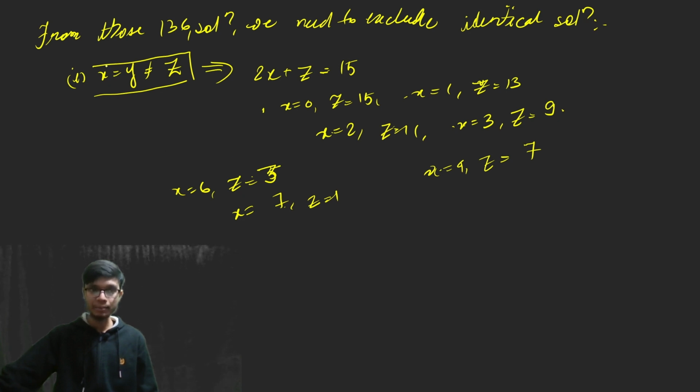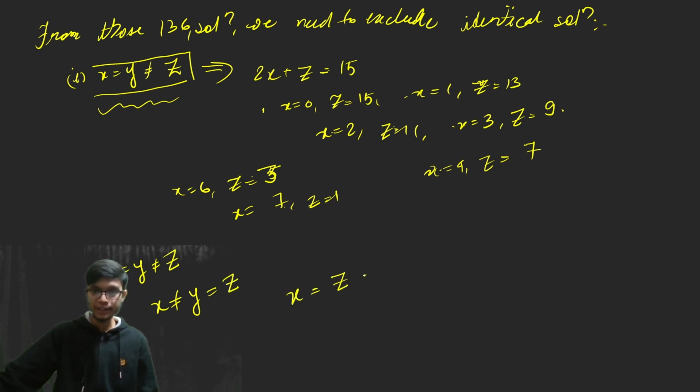Similarly, the cases can be repeated for the other 3 as well. Besides the case x is equal to y but not equal to z, there can be a situation when x is not equal to y but it is equal to z. And similarly there can be a case when x is equal to z but not equal to y. So there are 3 cases, and each of the 3 cases will have 7 different values which need to be excluded. So total